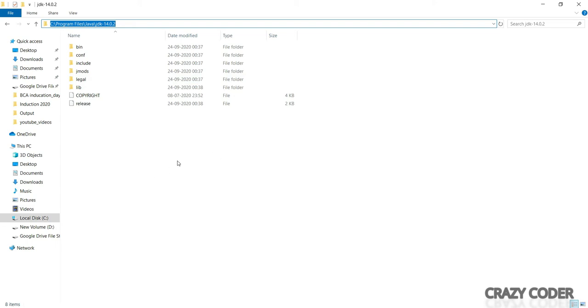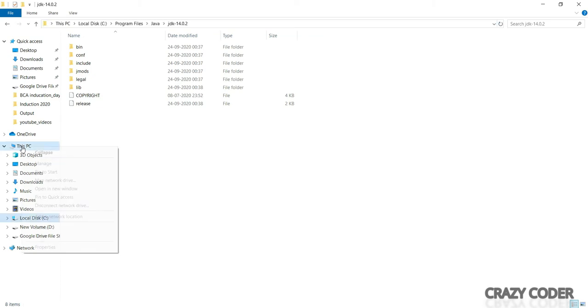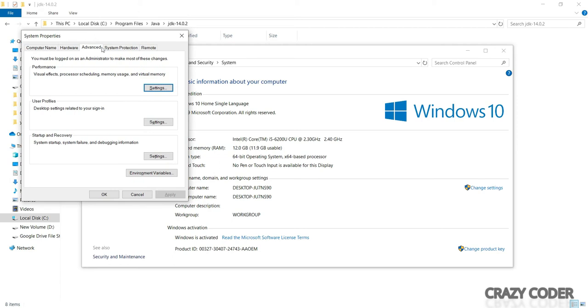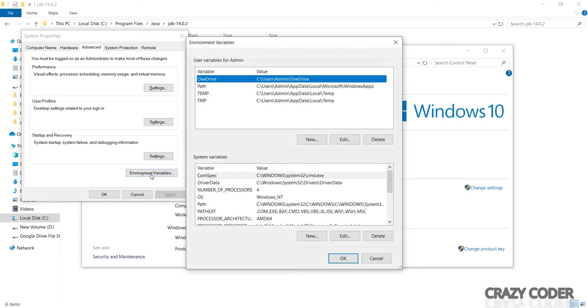Now, after copying this path, I have to set this path in the environment variables. Now, where will I get the environment variables? That is in my computer. So, I will right click on this PC, and once I right click over there, I will go to the properties. And inside properties, I can see the advanced settings. Once I click on advanced settings, this part will open. In here you can see the environment variables tab down there, right? In environment variables we have to click over there.